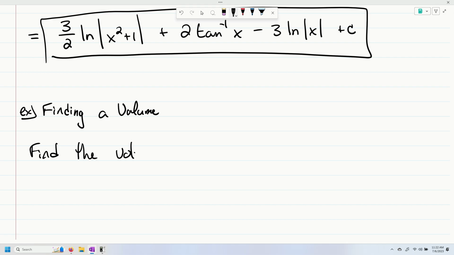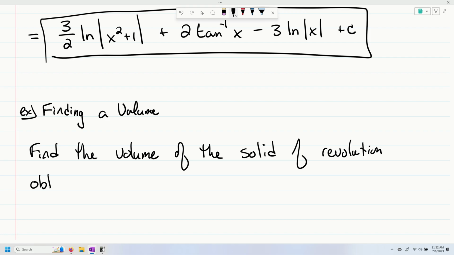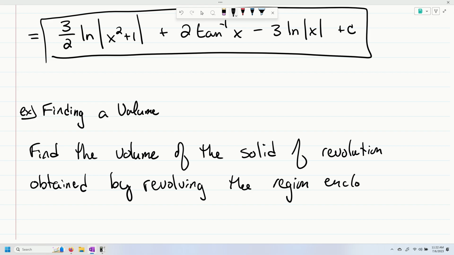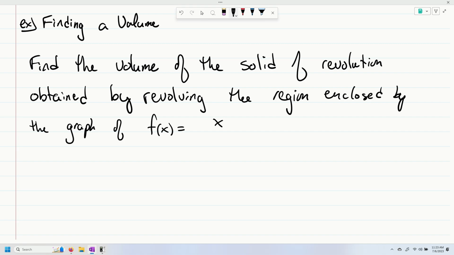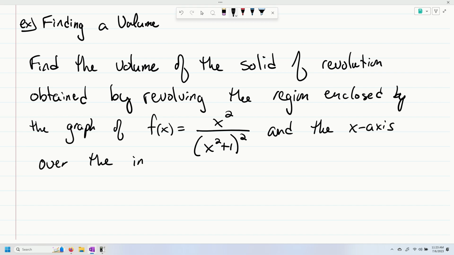Find the volume of the solid of revolution obtained by revolving the region enclosed by the graph of f of x equals x squared over the quantity x squared plus 1 to the second power, and the x-axis over the interval from 0 to 1